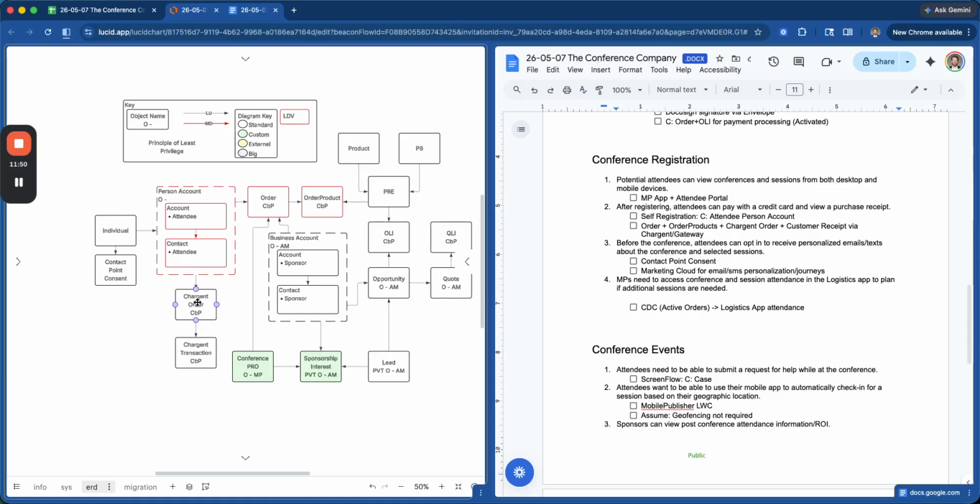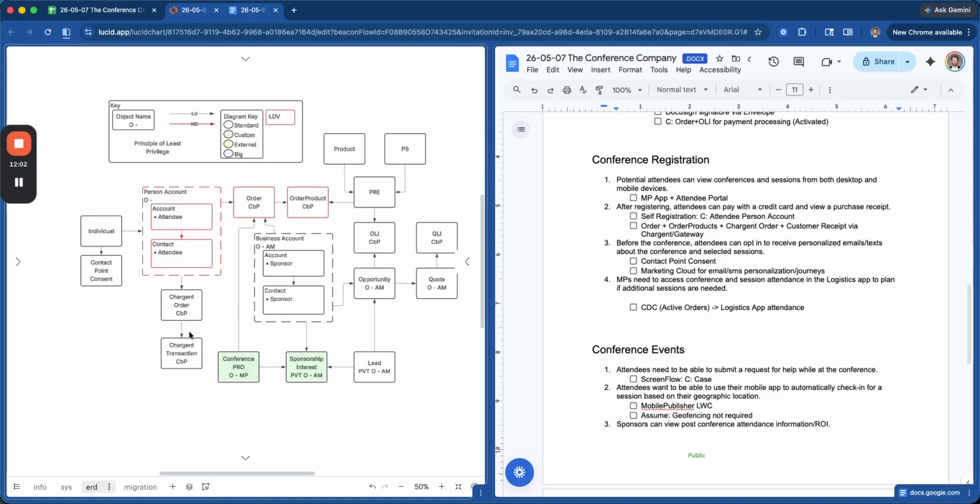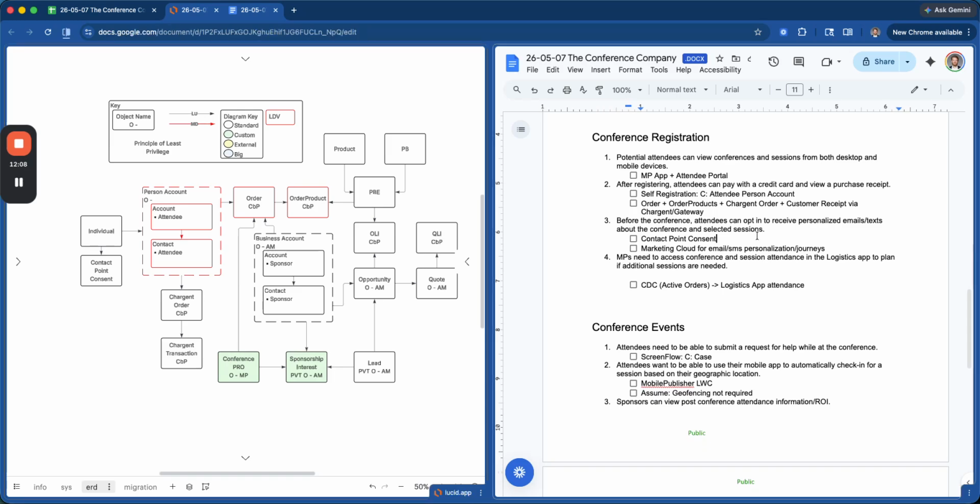Charge and orders includes the shadow records that will then represent the payment and the transaction statuses. The customer will receive a receipt via charging as well as a part of the managed package. They also can send out payment receipts that are sent out via the charge and managed package.